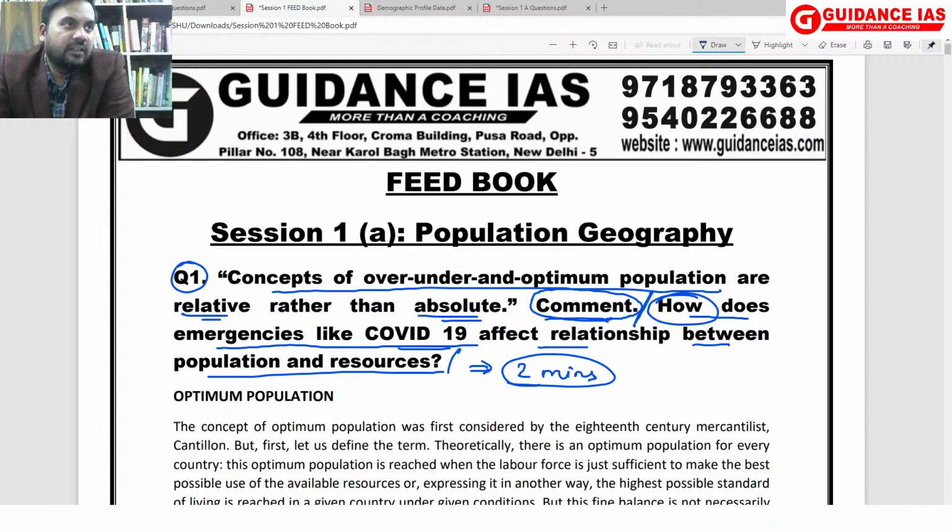Can I say comment is more difficult to write? How is it more simple? It is category 2 type of keyword. Comment comes under category 3 and 4 type of keyword. It is more difficult to write.